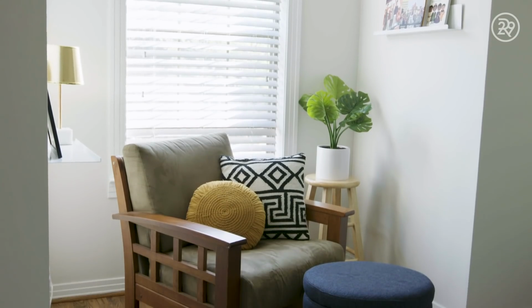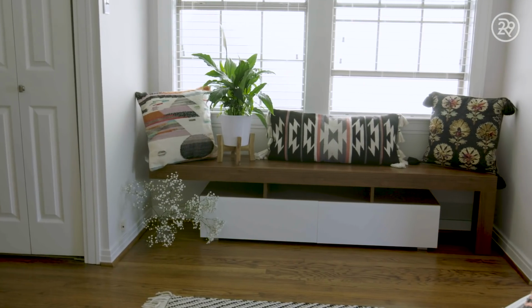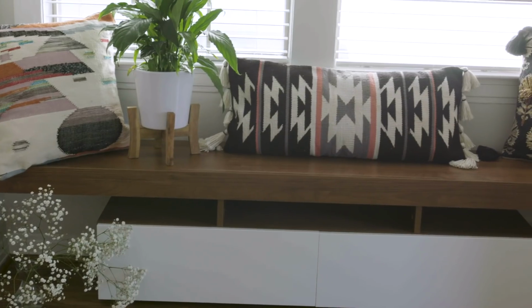And then Jordan put together that whole reading nook, and that's sort of his man cave. If that's what we have to call it, then I'm proud of my man cave. Sometimes I even put my feet up. Sometimes I put my feet down. We took a media station and turned it into a bench. When we actually moved in, the movers scuffed it up. They gave us $150, so we bought a ton of pillows and kind of jazzed it up a little bit